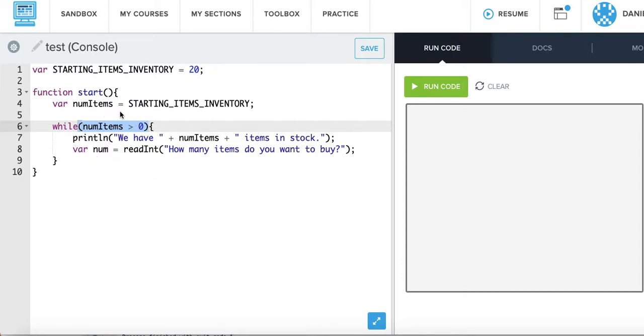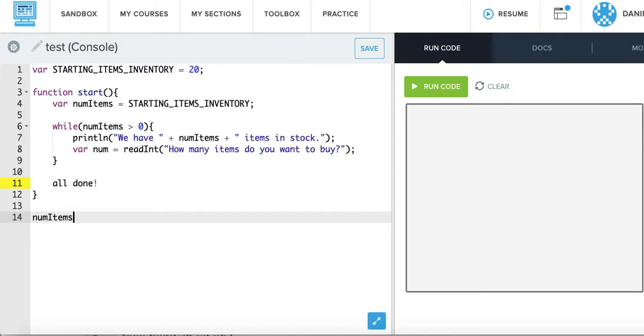So in our while loop, we are going to print this out. We're going to ask the user to enter in the number of items they want to buy, and then we want to iterate. And eventually this is going to be false, and we want this to stop, and it's going to say all done, right? Something like that. So how do we get this to happen? Well, when we first start,